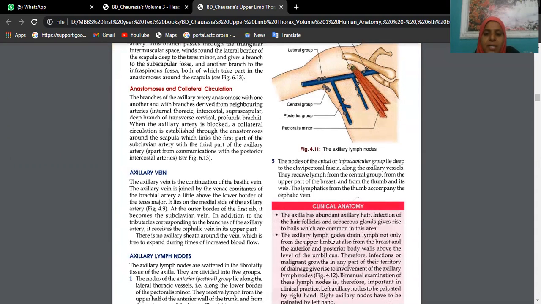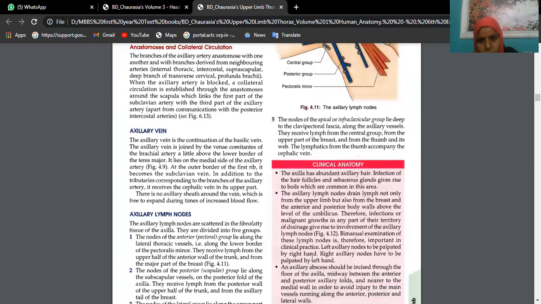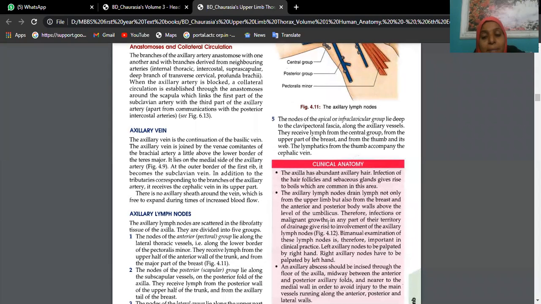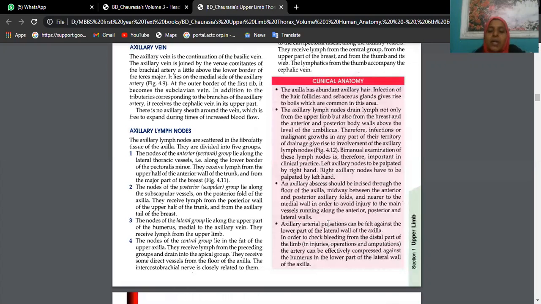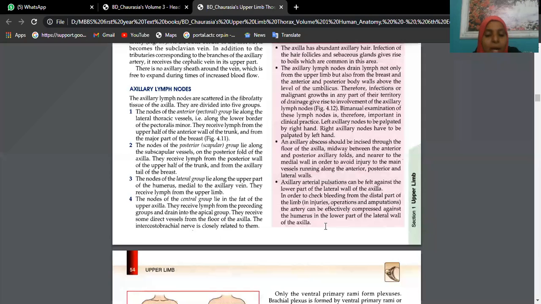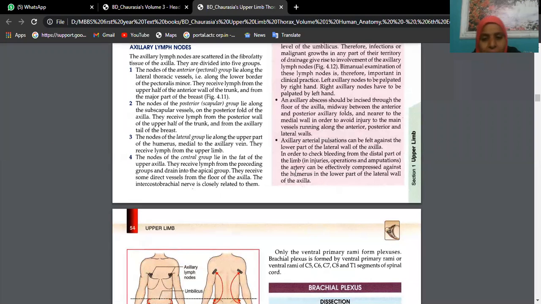And if there is any infection here, you will see the lymph nodes will be swollen. Lymphangitis and lymphadenitis. If lymphatic vessels are enlarged, you call it lymphangitis, and if lymph nodes are enlarged, you call it lymphadenitis. Lymphadenitis, that means the enlargement of lymph nodes, we also find in breast cancer. That's why self-examination of the axillary group of lymph nodes is always important as a first criterion to rule out breast cancer. Of course, it is basically infection, but sometimes we also find enlargement of these lymph nodes due to metastasis, spread of cancer cells.